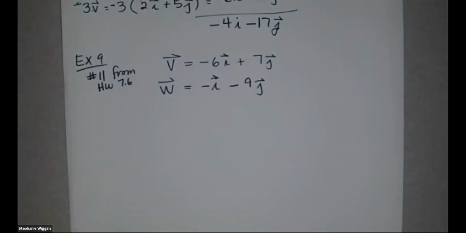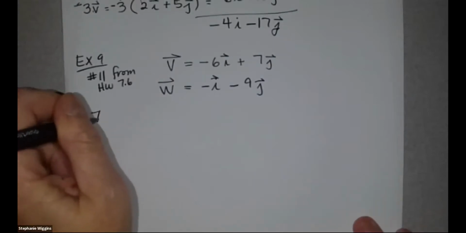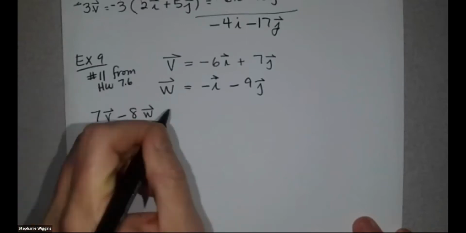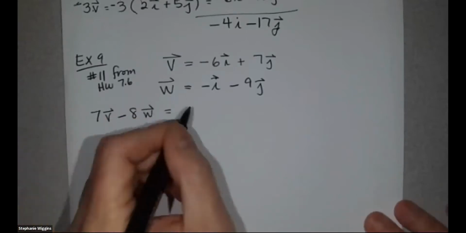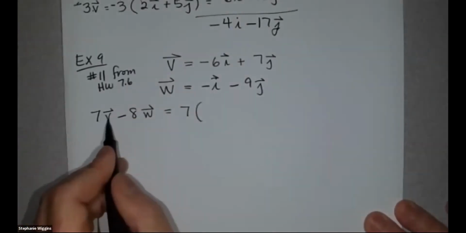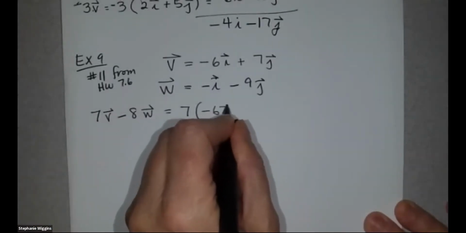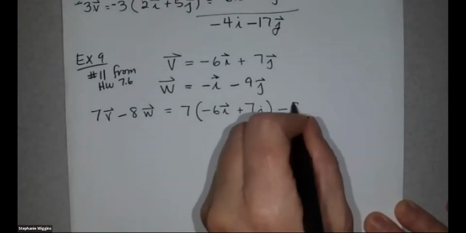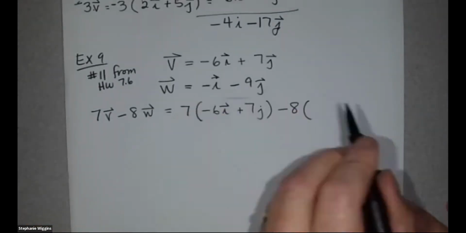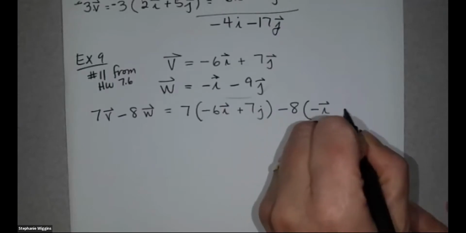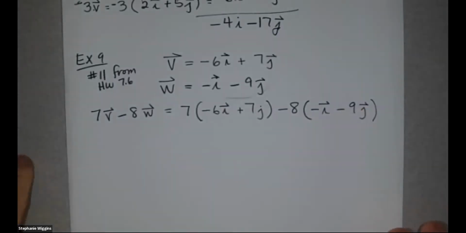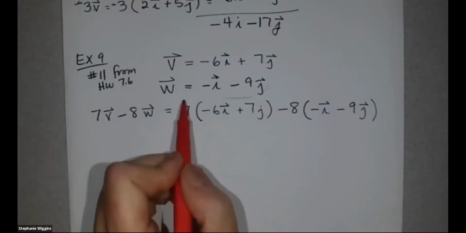And we're asked to find 7v minus 8w. So you take your 7 times v, which is negative 6i plus 7j, and then you subtract 8 times this w, which is negative i minus 9j. And so distributing our scalars,